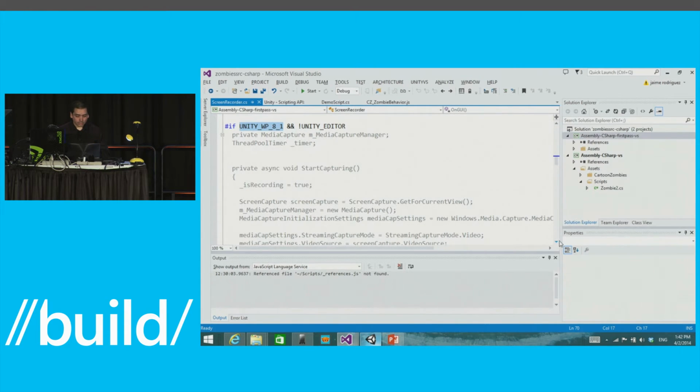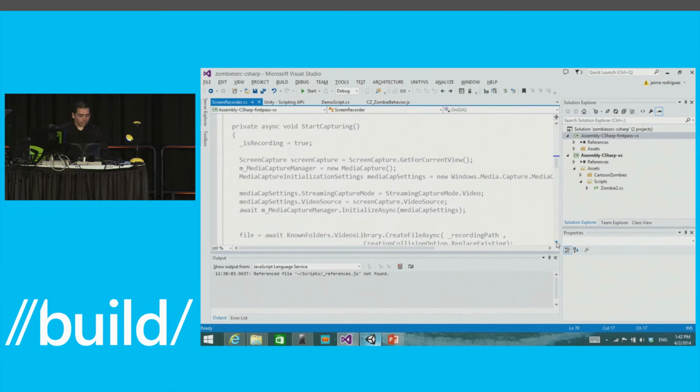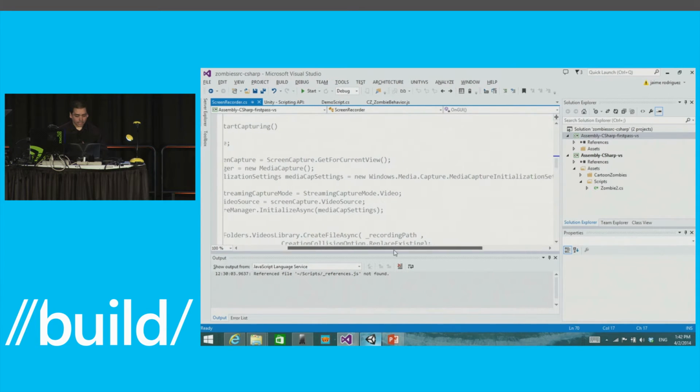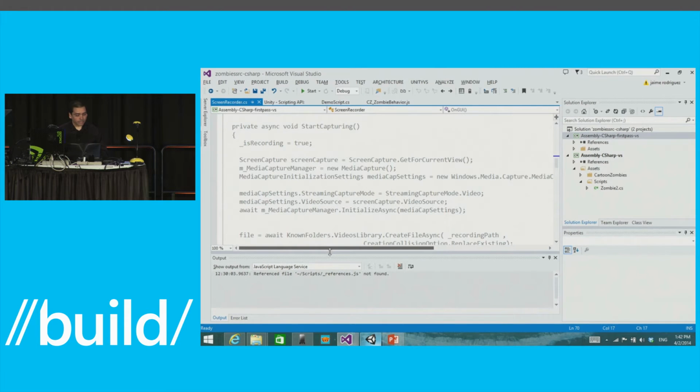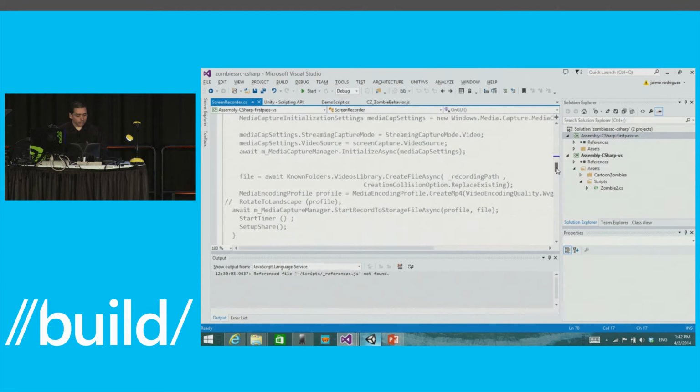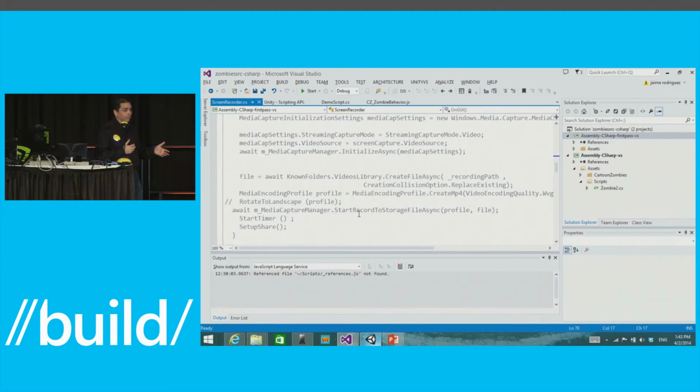And here's how easy it is to capture video. So I'm going to go here and just say, hey, create an instance of screen capture. And then actually, initialize some settings where I tell it, hey, here's your settings. I want you to capture video only, so I'm not capturing audio. And I can say, here's the profile that I want you to use. Here's the encoding profile that I want you to use. You might or might not want to rotate the video. To keep it simple here, I'm not rotating the video. And then I just say, start recording to this file. Right? And then I'll get a file that has my recording, and then I can do whatever I want.